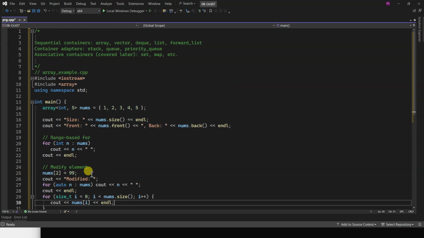We have three types of containers. We have sequential containers: arrays, vectors, queues, lists, forward lists, things that are sequential. It goes from one to the next, like the seats that we have over here. When you have stuff like that, that's the one. Then we have